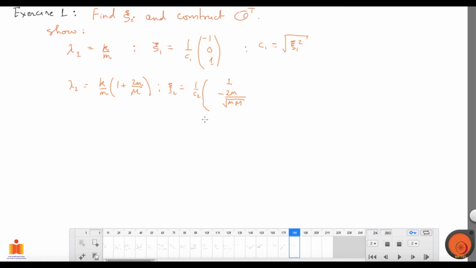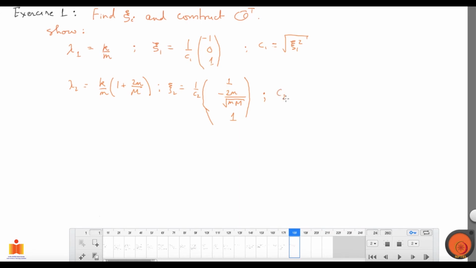Okay, fine. I'll tell you why I had stopped for a second. You see, I was checking the dimensions. So all the time you should be checking for dimensions. So this is dimensionless. This is dimensionless, which is good. So this guy should also be dimensionless. Otherwise, clearly we have made a mistake. So here you have 1 mass, and here you have 2, but then it's a square root, so it cancels the mass dimension, and that makes it perfectly fine dimension-wise. So hopefully that is correct.